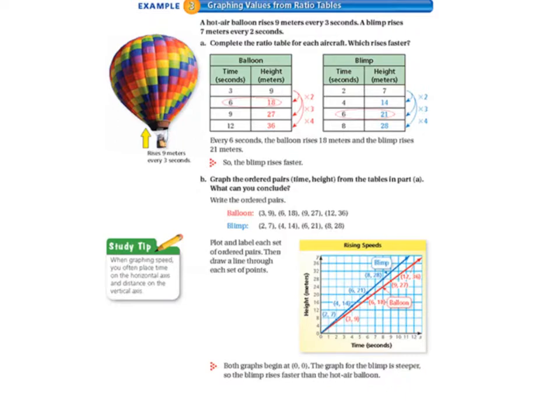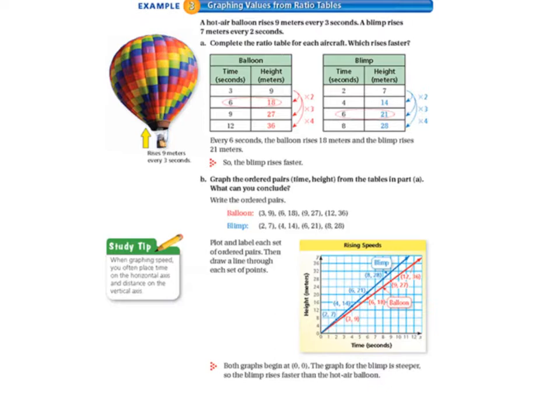So the ratio table has been completed for us because the hot air balloon rises 9 meters every 3 seconds, so we are multiplying by 3. So 3 times 3 is 9, 6 times 3 is 18, 9 times 3 is 27, 12 times 3 is 36. And then the blimp